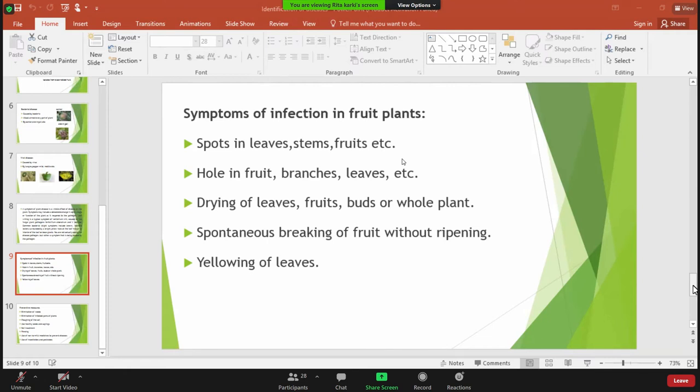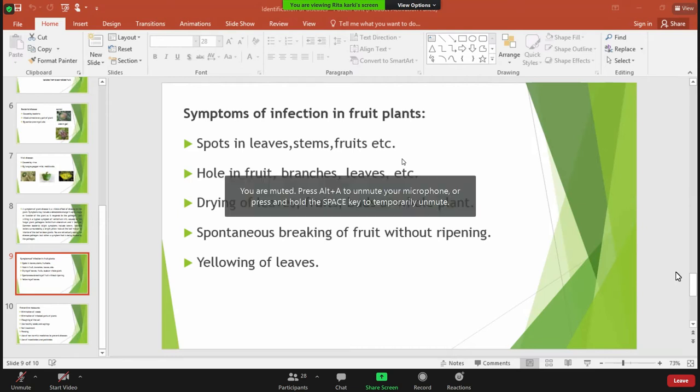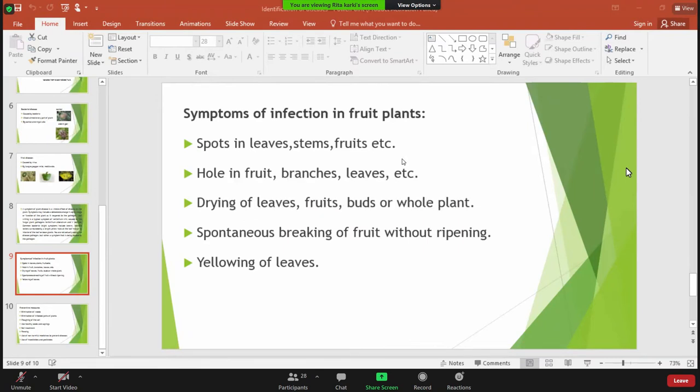Besides this, it may also cause drying of the leaves. The leaves may dry because of a lack of several factors. Since there will be a fungal infection, the particular part will be invaded by bacteria, viruses or fungi, and it will not let the necessary substances pass through that part of the plant. Due to the lack of those nutrients and substances needed for the plant to grow and develop properly, the leaves of the plant will gradually dry.